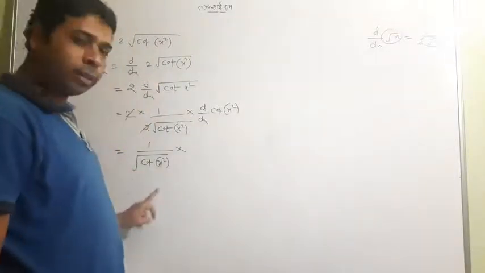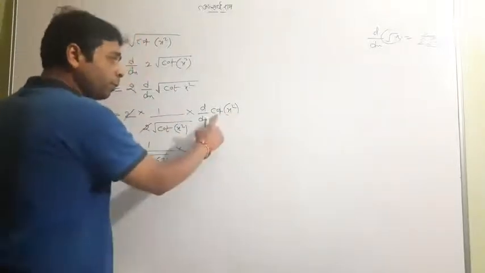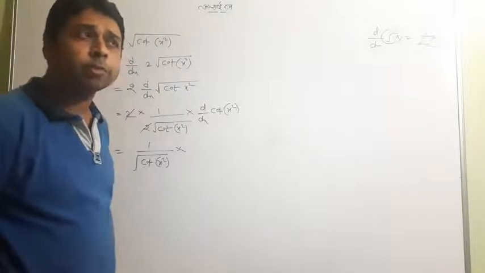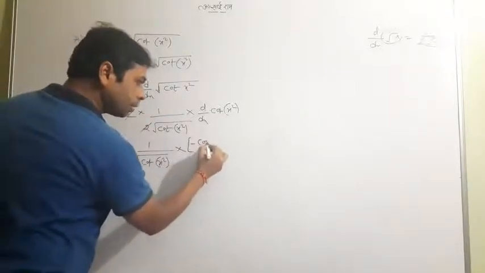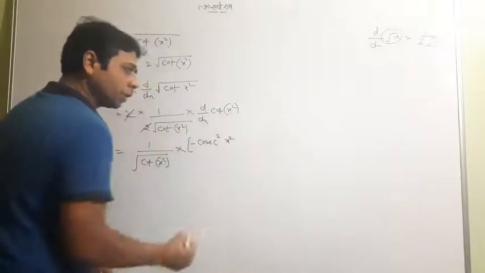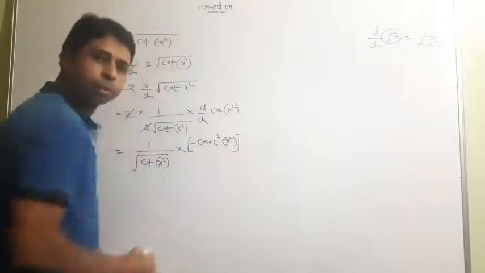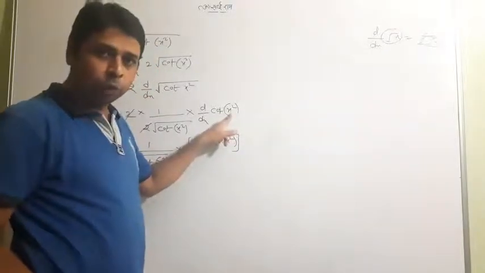We had 3 functions. Differentiation of the square root is done. Now differentiation of cot will happen, and then the second, x square. So what is the differentiation of cot? The differentiation of cot is minus cosec square. So it is minus cosec square, and what is the angle? x square will be written the same. But it is not enough, because x square still remains. So what is the differentiation of x square?